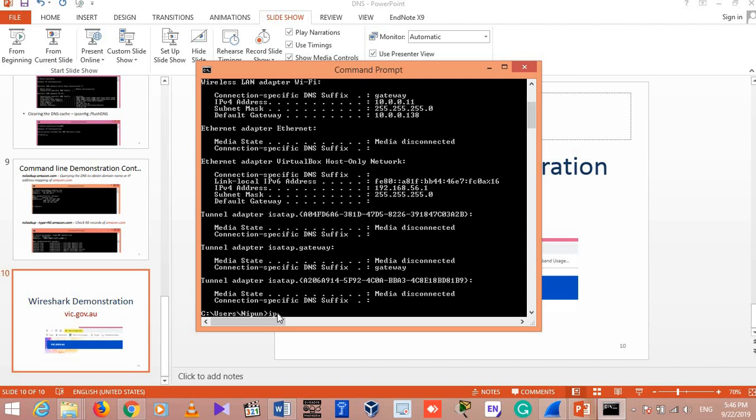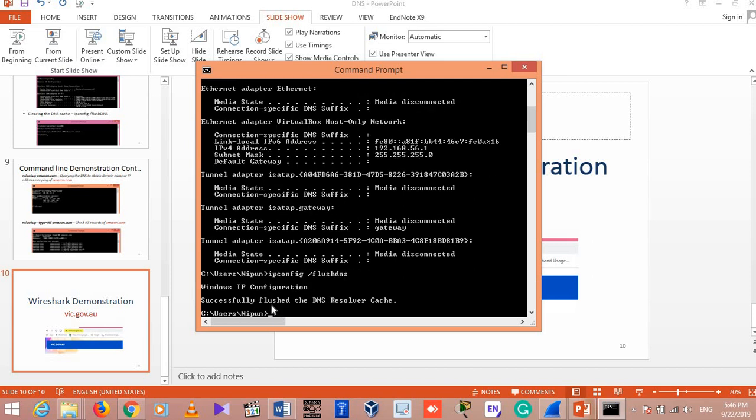Then I need to clear my DNS cache. To do that, type ipconfig /flushdns. Press enter. It says successfully flushed the DNS resolver cache. Then I need to type nslookup space my website, .gov.au. Before that, I need to